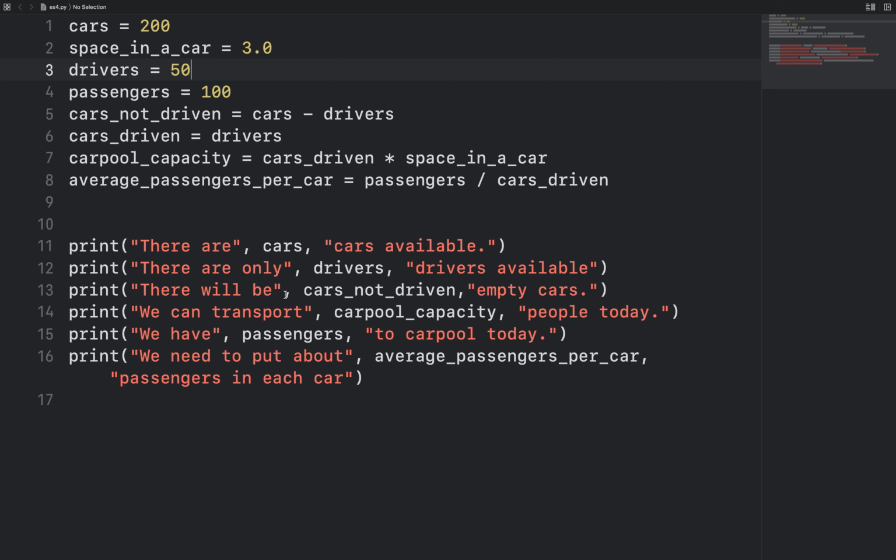So this is the first string, open and close double quotes, comma, space, cars not driven, which is our variable right here, whose formula we defined here, cars minus drivers, and the exact answer after the calculations, which is 200 minus 50, which is 150. So 150 will be printed here, and then